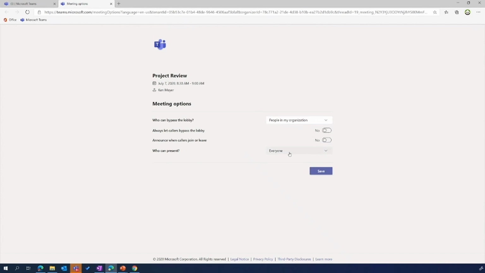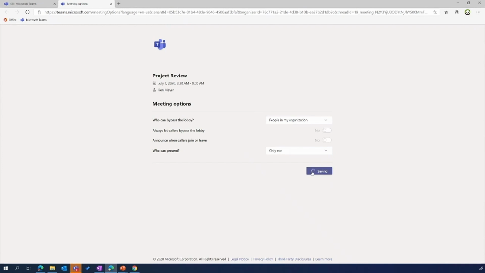And one of my top ones I would recommend is if you are delivering a class, let's say an online class to 30 students or more, and you don't want them to be able to interrupt you or share their screen, make sure you go down here. If you're teaching with a colleague, you could specify that colleague to present. Or in this example, I want to give my colleagues the update. I don't want them to be able to present their screen.